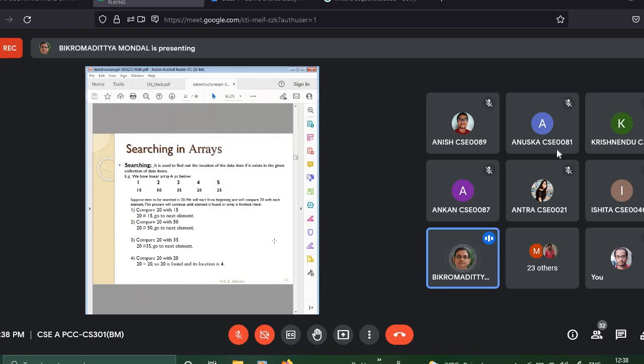Say we are considering the linear search. So linear search, what we do? We use a simple loop. We check locations one by one using a for loop. First we'll check the first location, the second location, the third location using a for loop. If at any location it is found, then we print the index of that value.